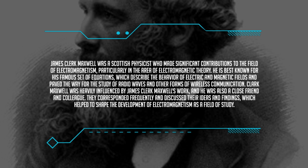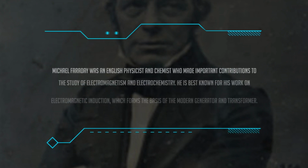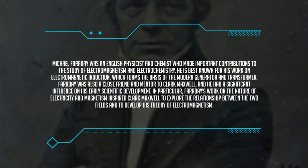Clerk Maxwell was heavily influenced by James Clerk Maxwell's work, and he was also a close friend and colleague. They corresponded frequently and discussed their ideas and findings, which helped to shape the development of electromagnetism as a field of study. Michael Faraday was an English physicist and chemist who made important contributions to the study of electromagnetism and electrochemistry. He is best known for his work on electromagnetic induction, which forms the basis of the modern generator and